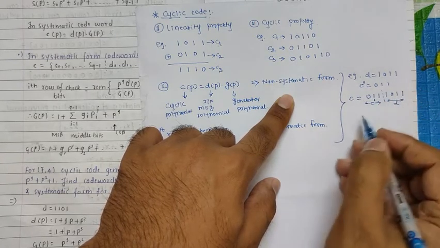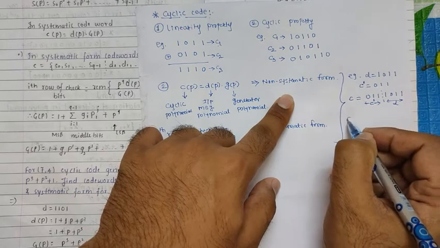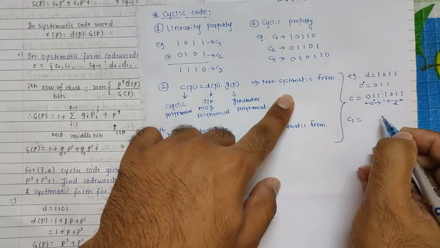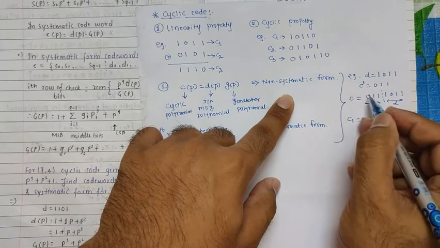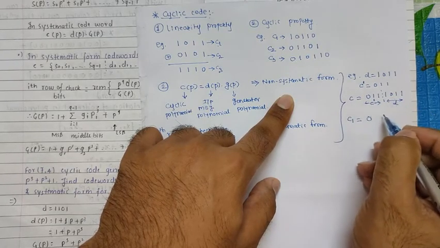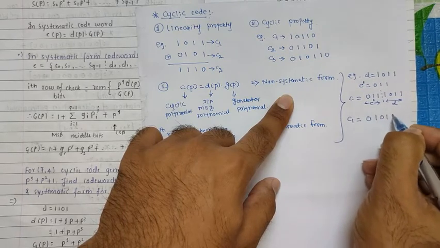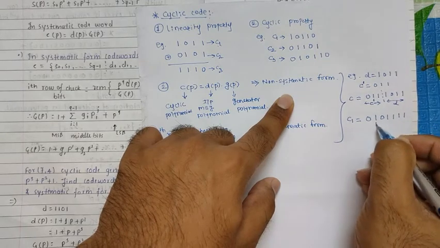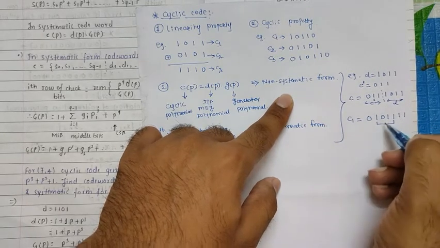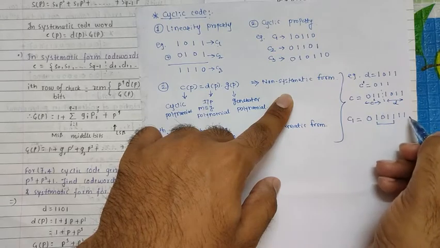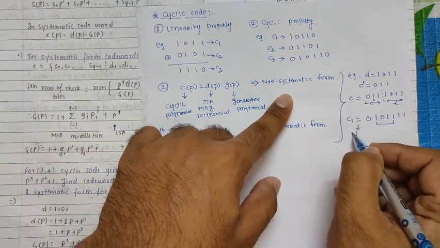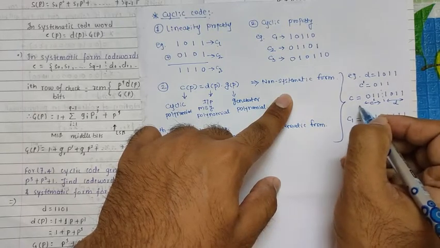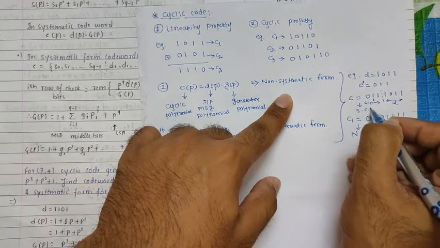Suppose, for example, we are getting another code word, let's say C1, and we are getting the first bit as a check bit, then the next 4 bits as message bits, let's say 1011, and the last 2 bits as the last 2 check bits 11. So the message bits 1011 appear in the middle part of the final code word. So this will be a non-systematic cyclic code word, and this is a systematic cyclic code word.